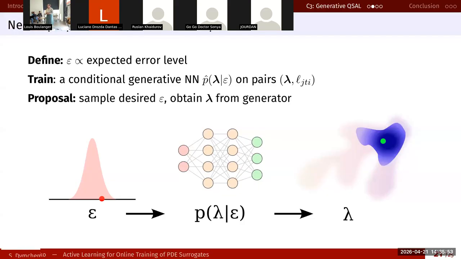So we can reformulate the query synthesis active learning problem differently. Say we define the epsilon, a variable which is proportional to expected error level. And then we can train a generative neural network,